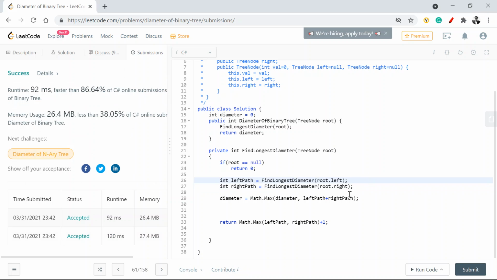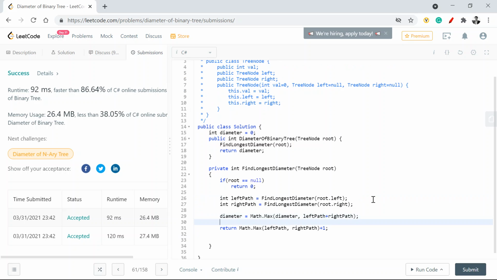Now if I look at time complexity, the time complexity of this one will be O(n), where we are looking at all the nodes which are there in the tree, right? And if I look at space complexity, that will be O(1), because we are not using any extra collection to store the values, right? I hope you have understood the entire explanation and what went into coming up with this approach, because in a way this is very similar to other tree problems where we try to find a given node and see what the distance of that node is from the root node, right?